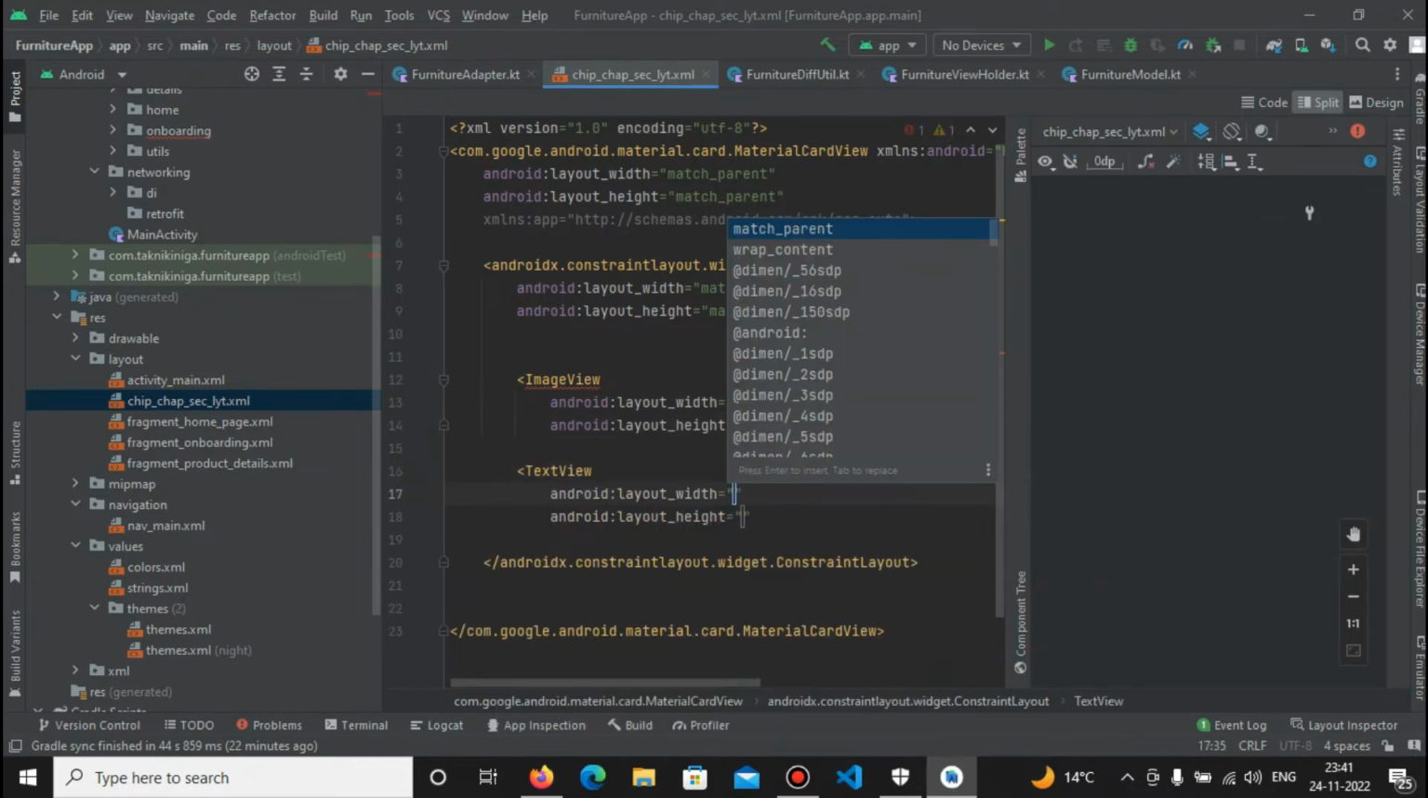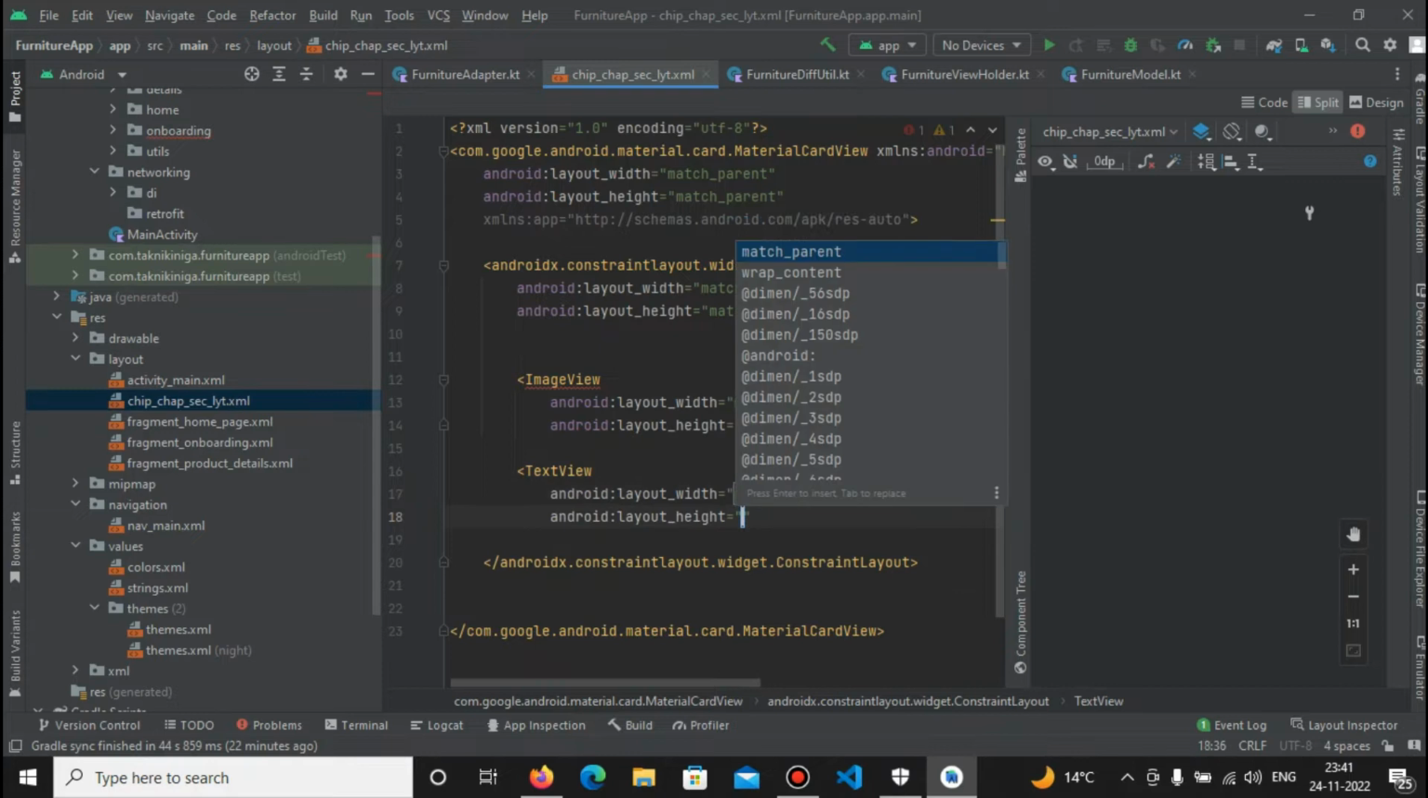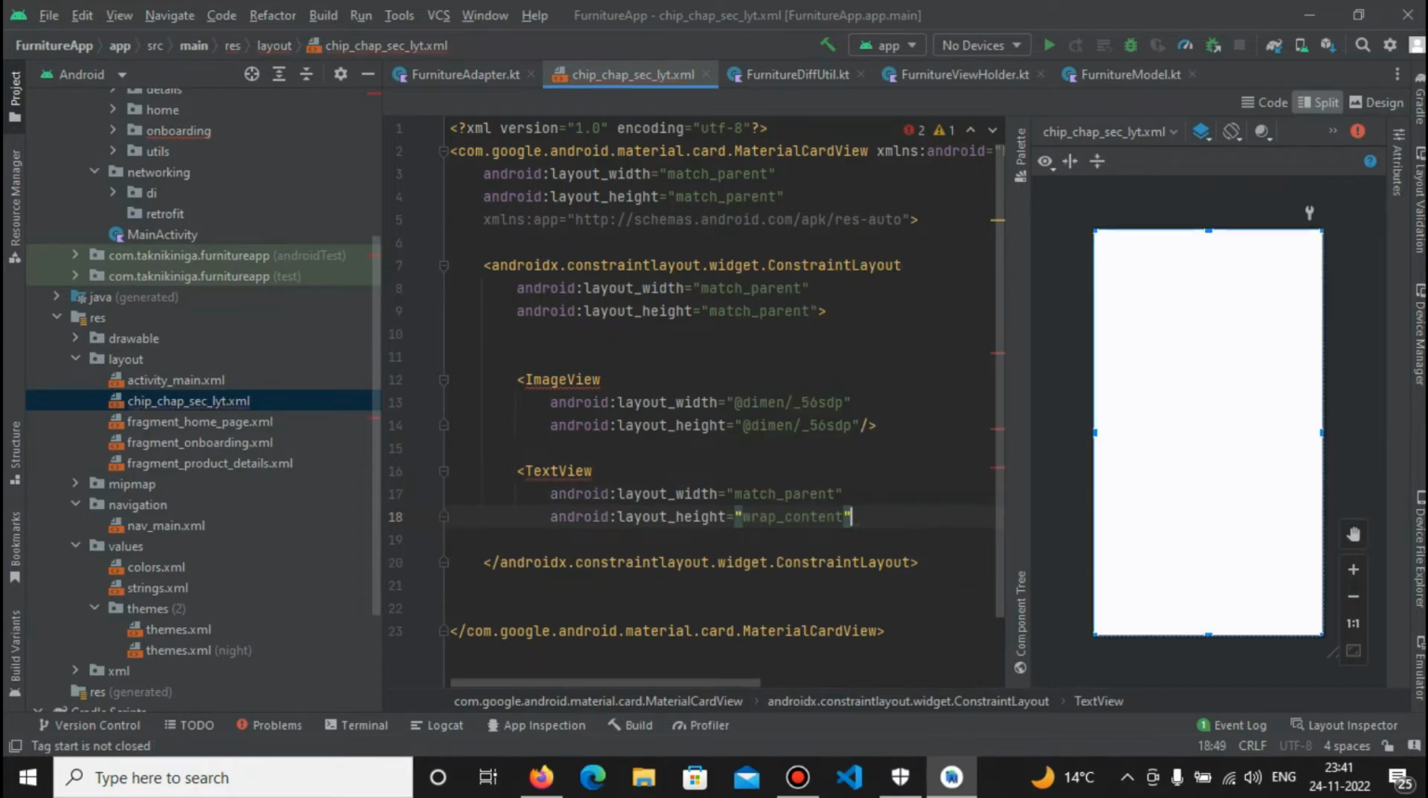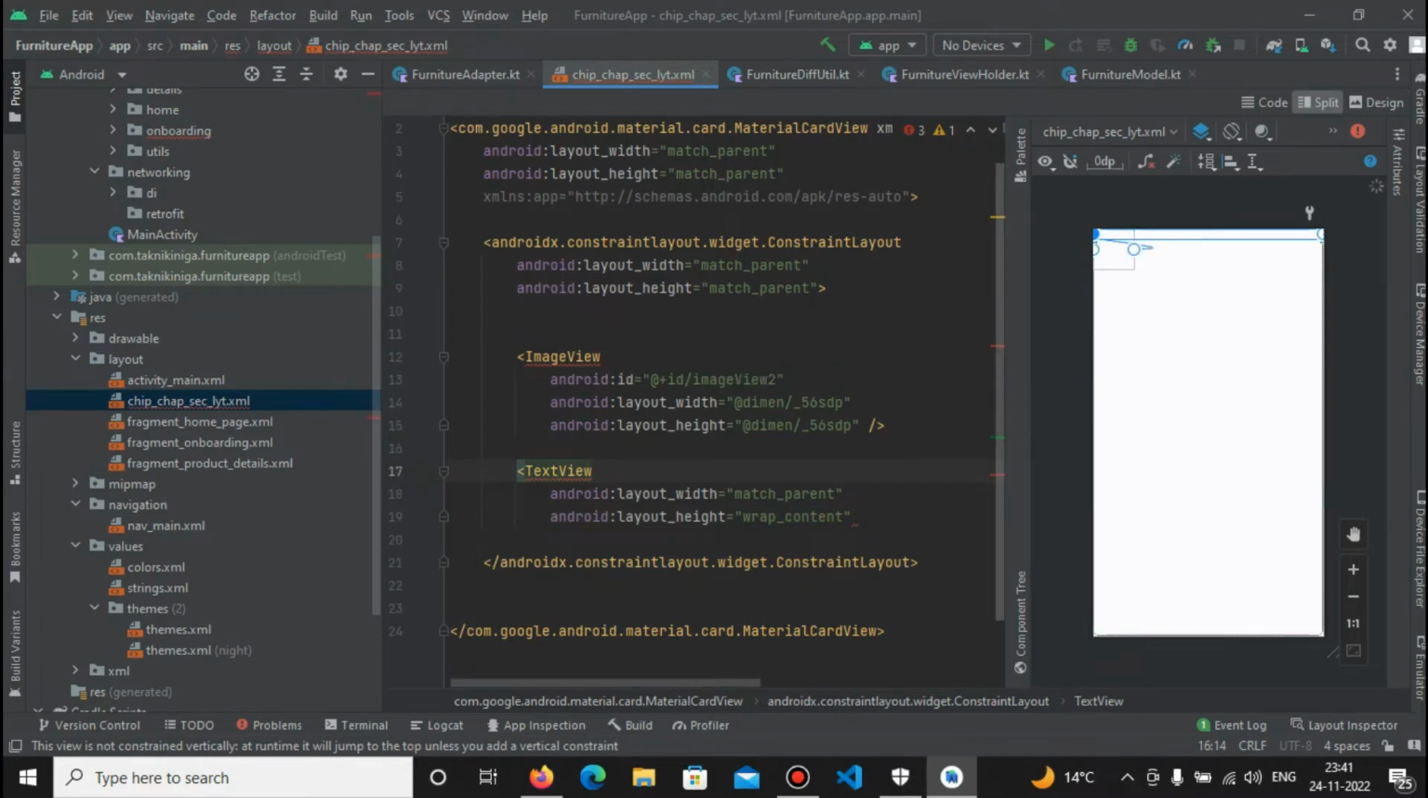So as you can see here, I have taken an image view and a text view, and with that I am going to perform data binding